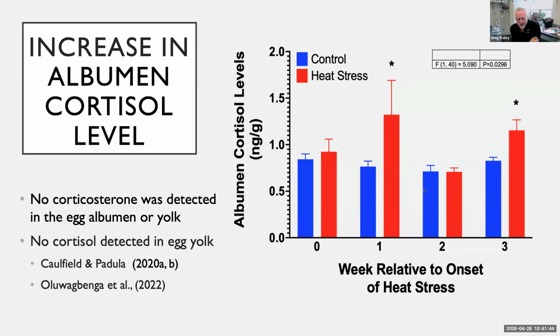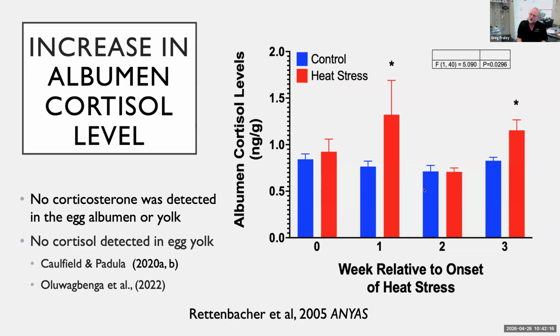And so we're not the only ones that have reported this. Several other labs, including Caulfield and Padula, and what's interesting is that all of the labs that use mass spec to measure glucocorticoids in the eggs find cortisol. Those who use ELISAs find corticosterone. Now, what exactly is this difference? It's complicated, but